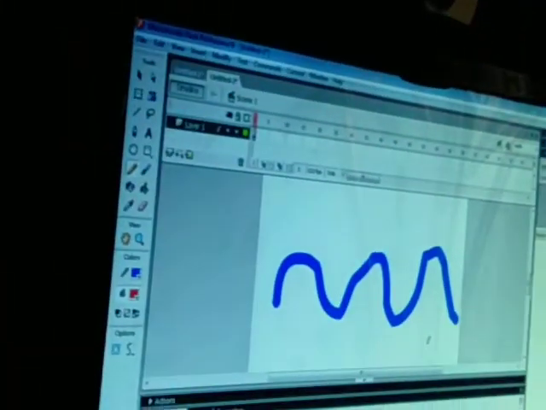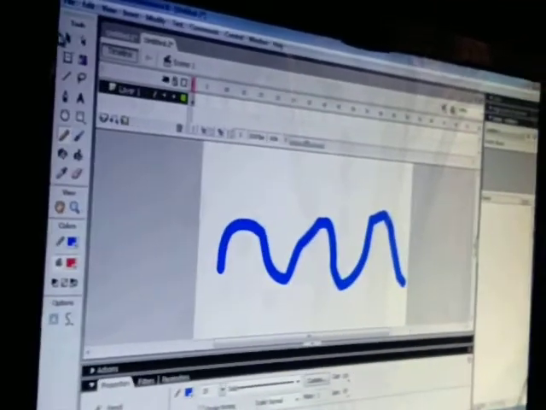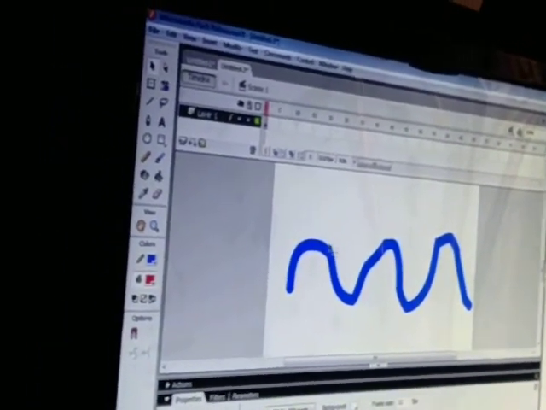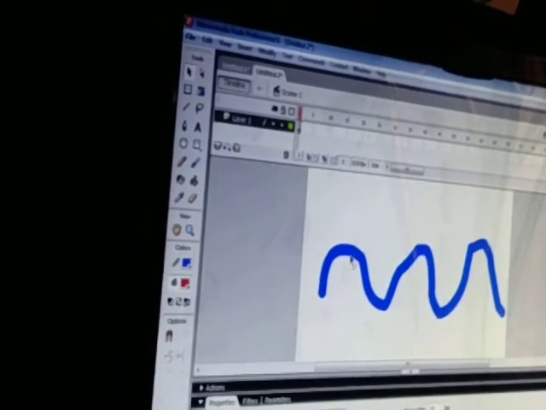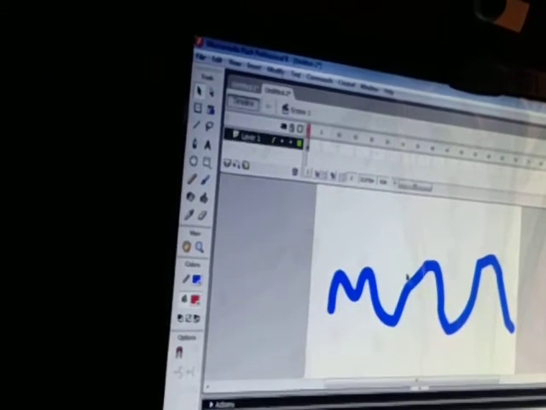this way. So I can draw a line this way, and with the help of the selection tool, if you are selecting this tool and you move your mouse over the image, you can change it this way, like this way.